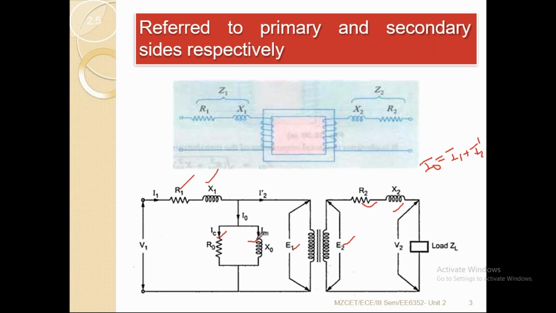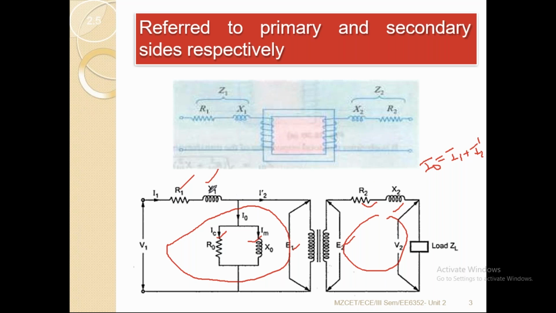So see this diagram. This is the circuit. The entire circuit on one side represents the primary, and the other circuit represents the secondary. Now in this class, we are going to derive the equivalent resistance and equivalent reactance. Equivalent resistance and equivalent reactance means we need to add all the resistances when they are in series or parallel. We found the equivalent resistance for series and parallel earlier, and the same thing we are going to do here: reduce R1 and R2 in terms of Req, and X1 and X2 in terms of Xeq, that is, equivalent resistance and equivalent reactance.